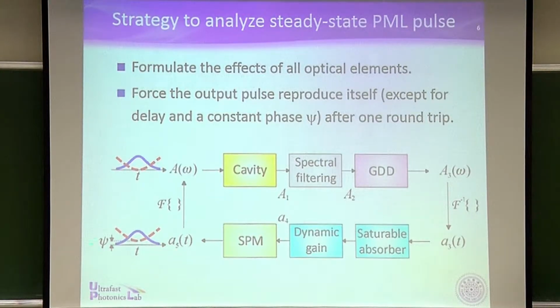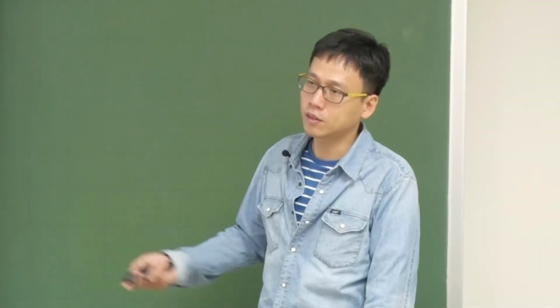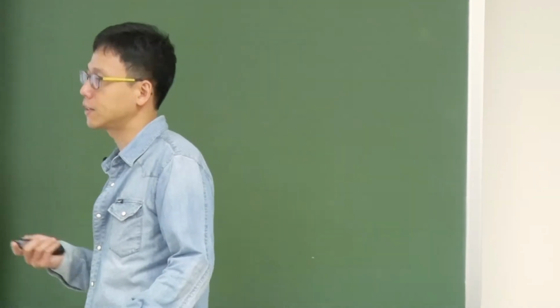Okay, so the symbol is psi. This is the so-called carrier envelope phase shift, CEP shift. So even if they have different CEP shifts, it's allowed. It does not conflict with the self-consistency requirement. Okay, so if you force them to the same, A5 identical to A, the input pulse, then you should be able to get a